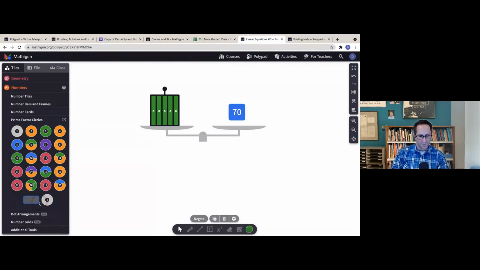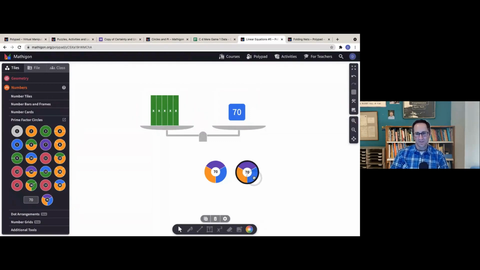And so I can take the number 70, and you may know that the orange is the 2, purple is the 7, the blue is the 5. But what's really wonderful about the prime factor circles, I'm going to copy the 70. I can pull these out. So they are like interactive prime factor circles. So I pull out the 5 and we see that 70 became 5 times 14.